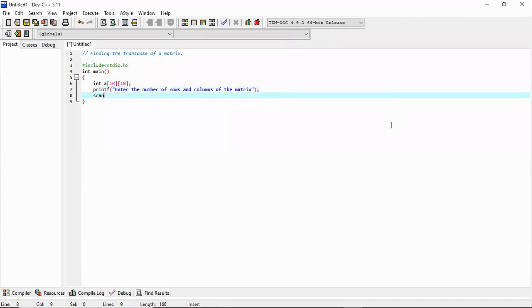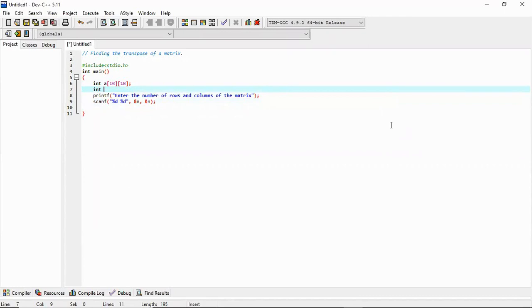So the user will give us two values, so we need %d and %d, and let m represent rows, and let us say that n represents the columns. So the m variable for rows and n for columns. Let us declare them here.